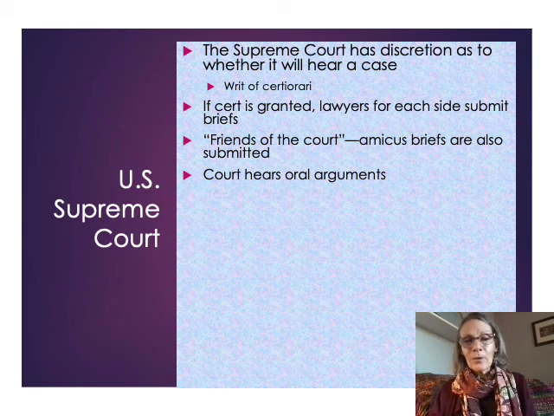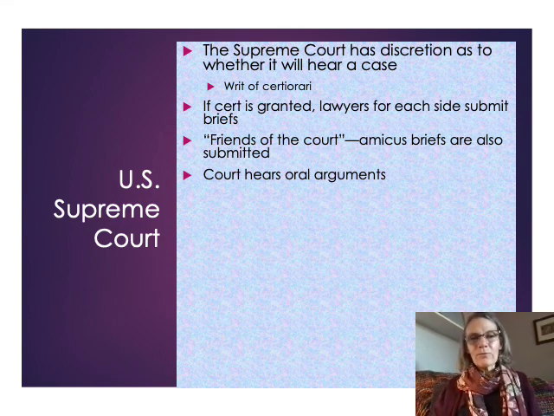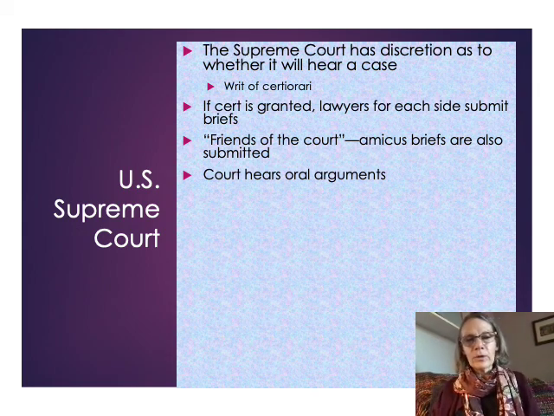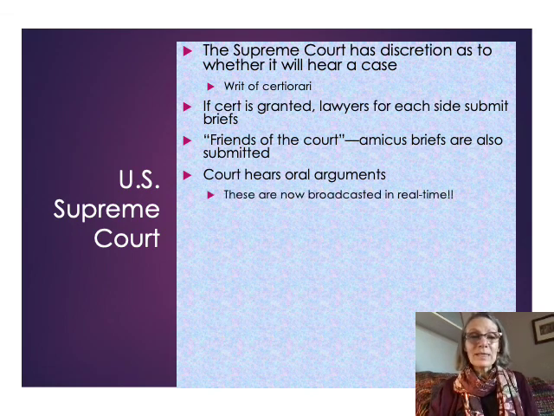There were just oral arguments yesterday asking whether or not the Supreme Court has the jurisdiction to hear that Texas case having to do with the law that you can't get an abortion after 6 weeks of being pregnant. Usually in oral arguments, each side only gets half an hour. But yesterday, the oral arguments went on for, I think, nearly 2 hours. I listened to part of them. They were very fascinating. The justices hear these oral arguments to ask questions about the briefs that were submitted.